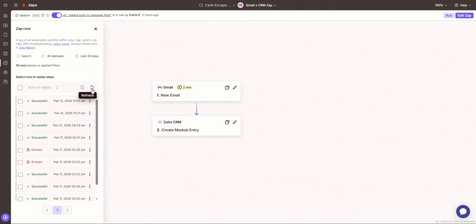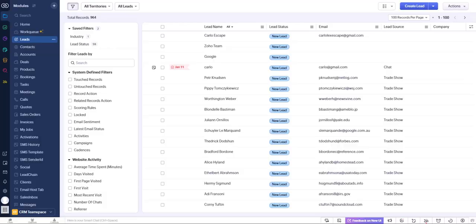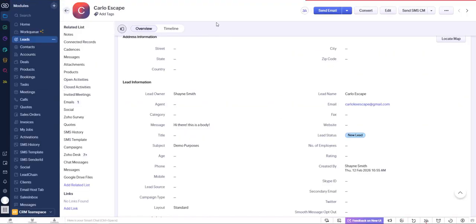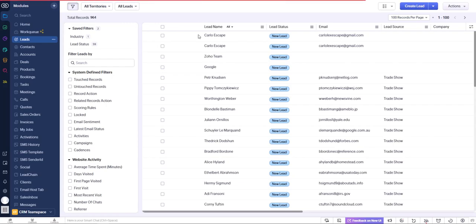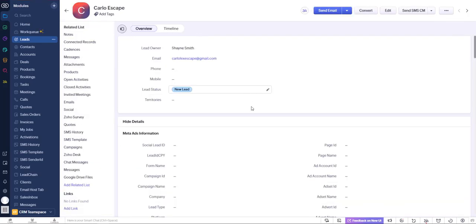So it triggered at 10:55. So let me check from our leads module. Let me just hit refresh. So as you can see here, a record has been created. So I mapped the fields corresponding to what I wanted. So for this case,